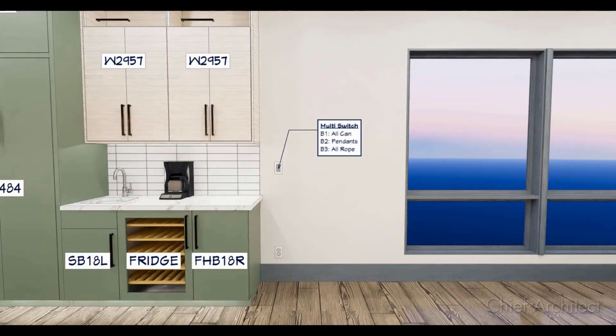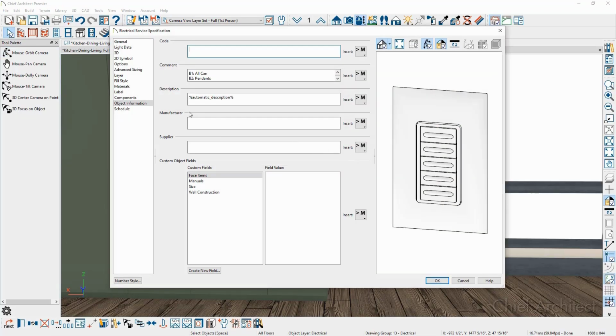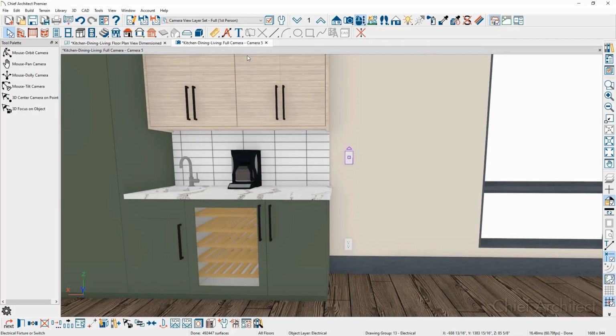Let's look at another example of adding 3D text, this time using the leader line tool. I'm back in the 3D view and I have my camera view facing the multi-switch along the wall. If we double click on the multi-switch, over on the object information panel, under the comment field, you can see that I have some information added here as to what all of the different buttons do. And we're going to use this comment field and a macro to automatically get information in the rich text leader line. So let's go ahead and cancel out of this,